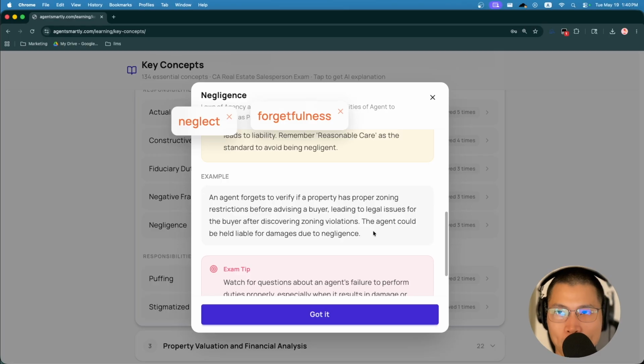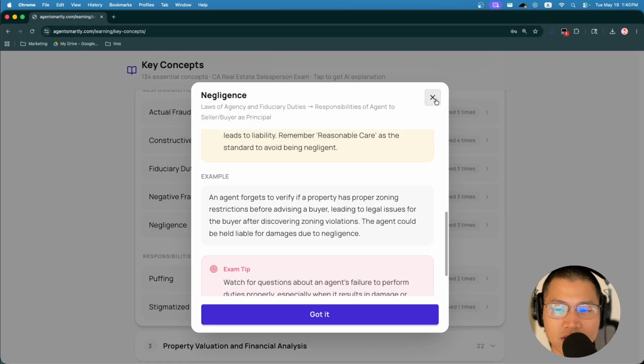Your buyer purchased the house, and later on they want to remodel. They go to the department and realize there's no permit, and the city asks the buyer, which is your client, to destroy the ADU at their own cost, and that cost is because of your negligence. So once again, don't be lazy, don't be forgetful, check everything.